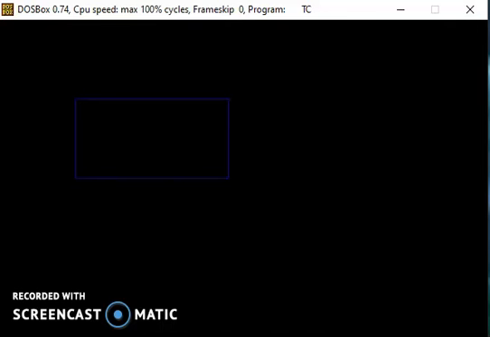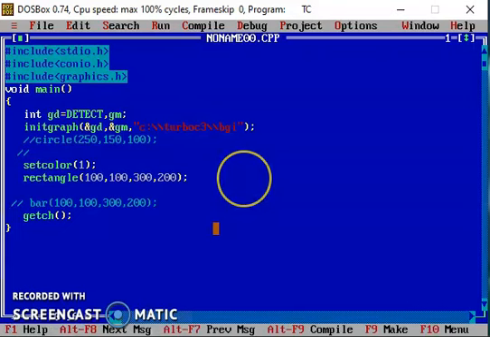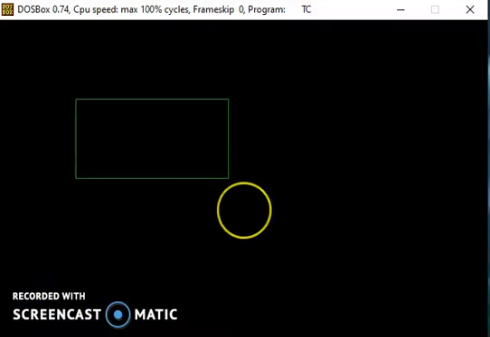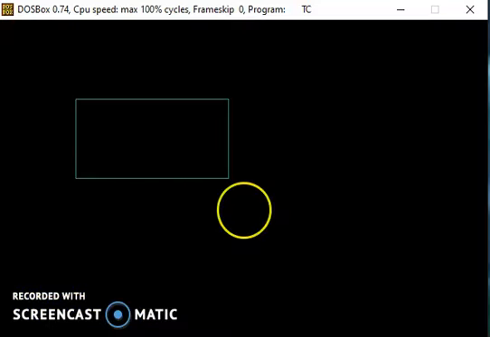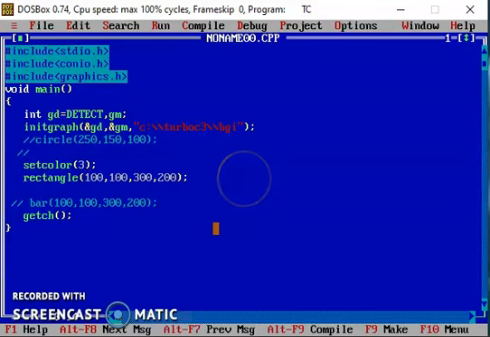To set the drawing color, we need to use the setcolor function. If I use the second color, then the color will be changed. Then for the third, it is a cyan or blue-like color. So by using different color numbers, you can change the color of drawing.